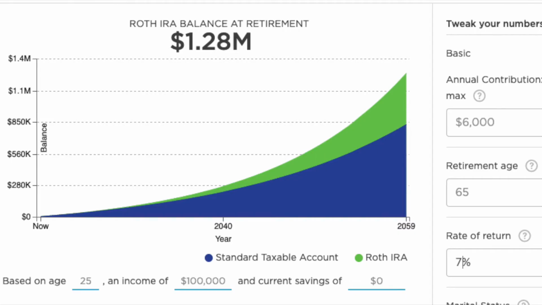Let's say that you're in your mid-20s and you decide that investing in a Roth IRA is a smart idea. A wise choice indeed. Assuming that you invest the maximum of $6,000 per year or $500 per month until the age of 65, you would have accumulated over $1.2 million in your Roth IRA. Congratulations, you're now considered a millionaire and you can go ahead and brag to your friends. However, I'm sure that you can become a millionaire much more quickly.